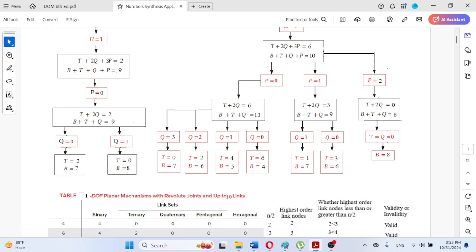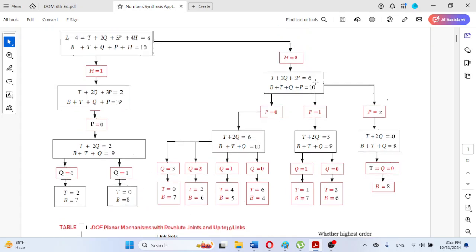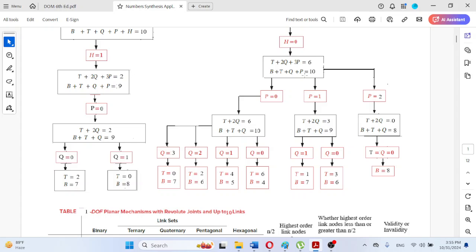So first set, second set, third, fourth, fifth and sixth, 6 sets have been obtained. Now we proceed to the other value, that is p is equal to 1. So again we will be starting from this equation, because h0 gave this set of two equations, so p is equal to 1, and we can observe that if p is equal to 1, this set of equations